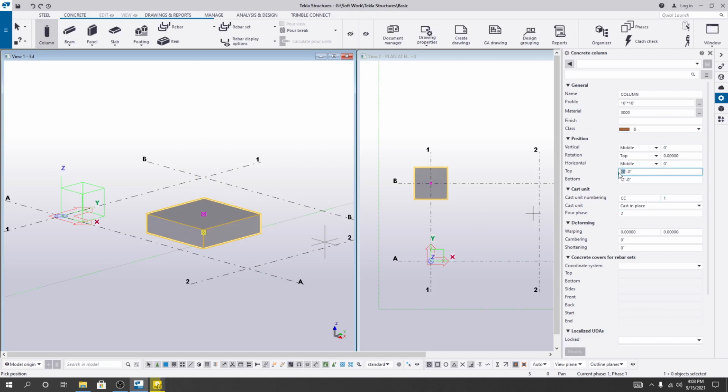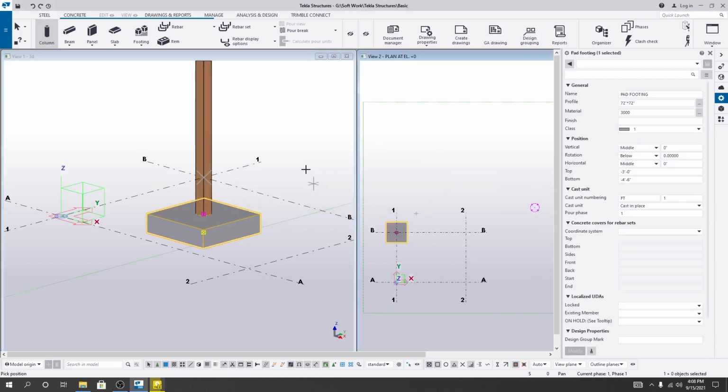If you provide a positive value here, then it will go top, and if you provide a negative value, then it will go bottom. And what is the value from that point to our footing? Minus 3 feet, right? So minus 3 feet, and it's okay actually. And here there is nothing to change at this time. If we need to change that, we'll show you later. So when everything is okay, now I'll simply click here,